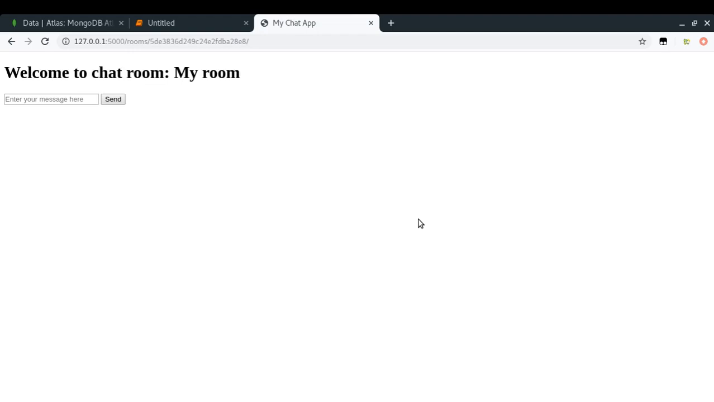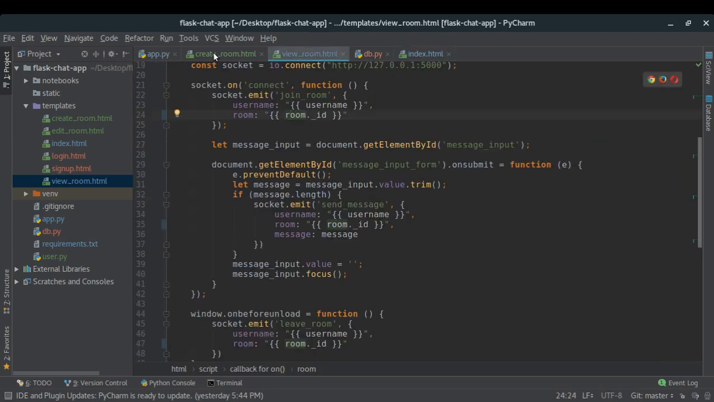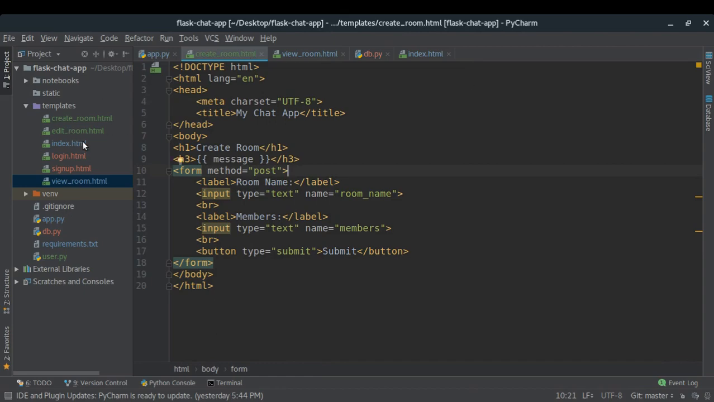Okay, so look at that, it is working fine. It is now saying welcome to chat room, and here is the name of my chat room. Now I also would like to show the name of all the participants which are in this group or in this room. So for that, what we can do is, in the view room,